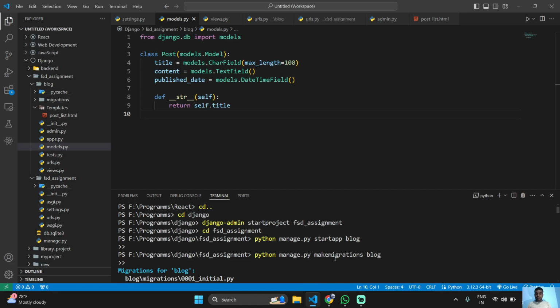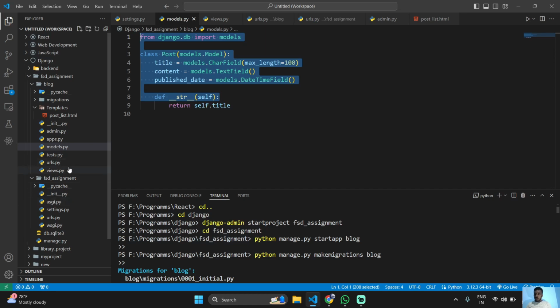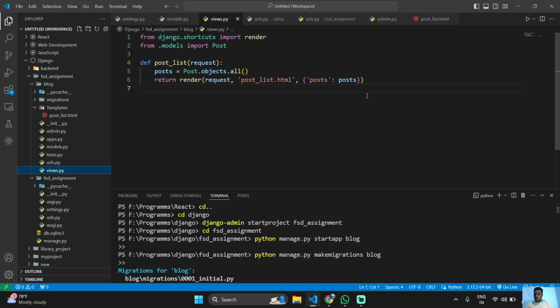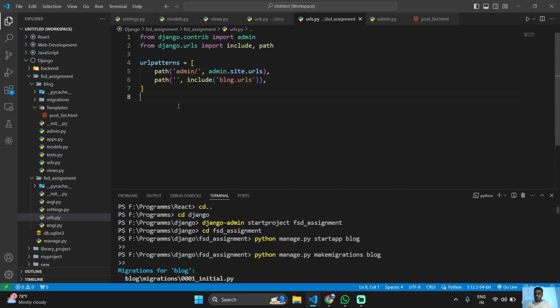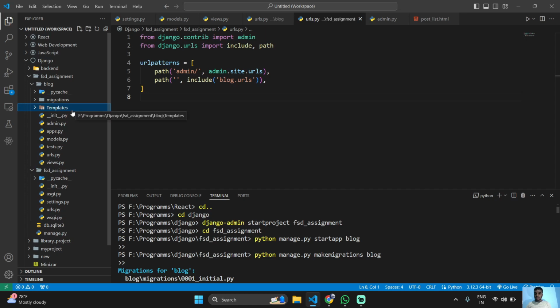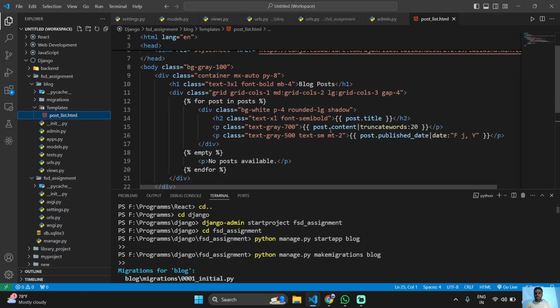I'm going to explain the code regarding the for template tag, where I've created the project named FSD assignment and started the app as blog, where I defined models.py, and this is views.py, blog urls.py, project urls.py, where I've created the templates, and here is the HTML file post list, where I've used